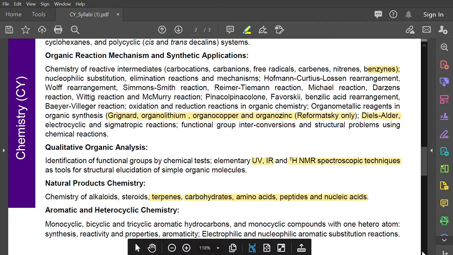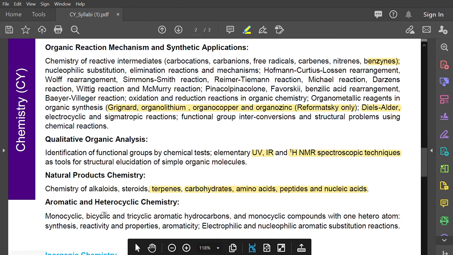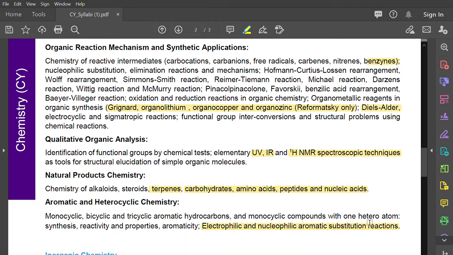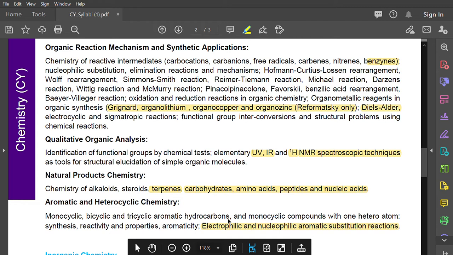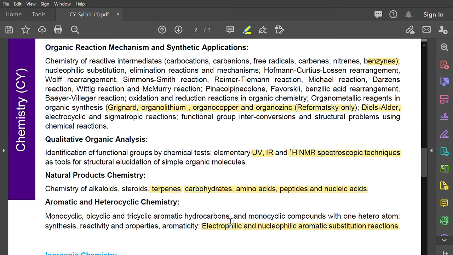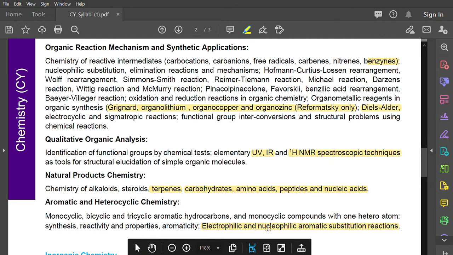And about monocyclic, bicyclic, tricyclic aromatic compounds, simple reactions wherein you have electrophilic or nucleophilic aromatic substitutions. Okay, so this has not been asked much, but like I said, a question will be coming in combination. So there will be an electrophilic substitution reaction or nucleophilic substitution reaction, and then there will be a few more reagents and finally some product. So a single question does not come on this, but a single question can come on a linear substitution reaction. So that should be kept in mind, and that is what I wanted to tell you.